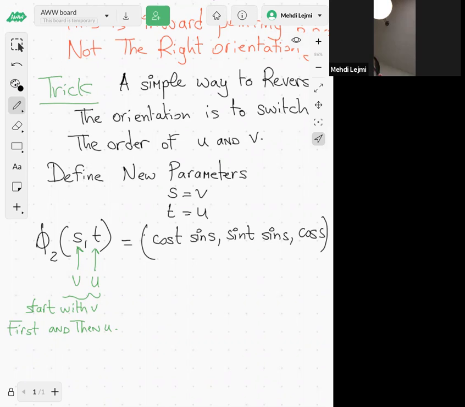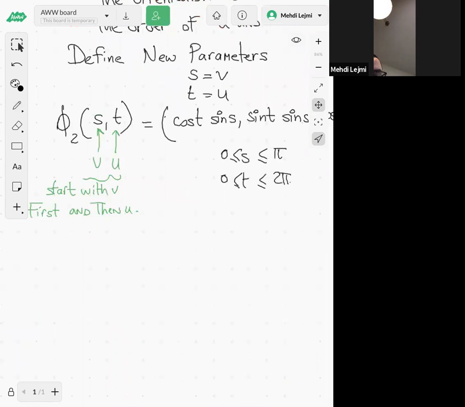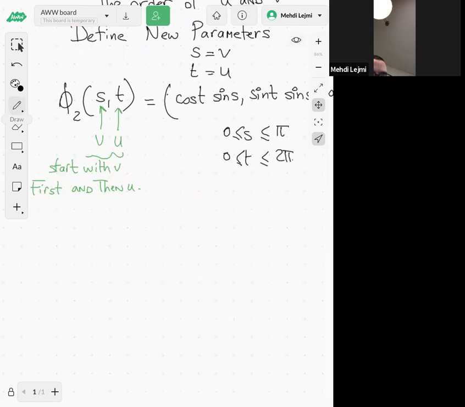V is between 0 and pi, so then s is equal to v, so s is between 0 and pi, and t is equal to u. U is supposed to be between 0 and 2 pi, so then t is between 0 and 2 pi. Now, if you compute the normal vector induced by this parameterization, right? So you're going to have now,